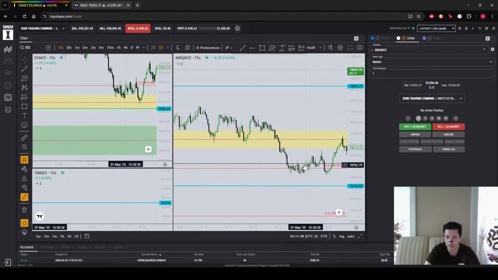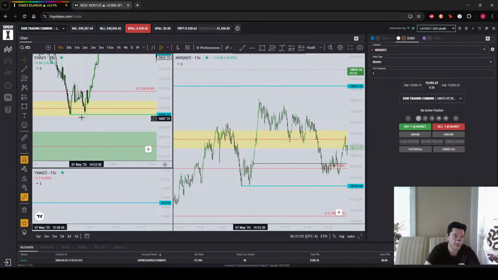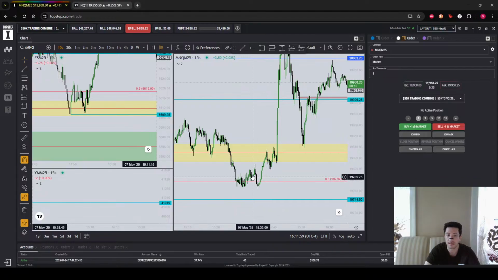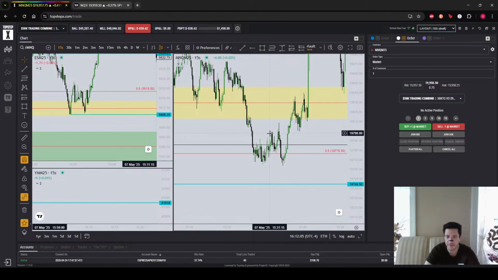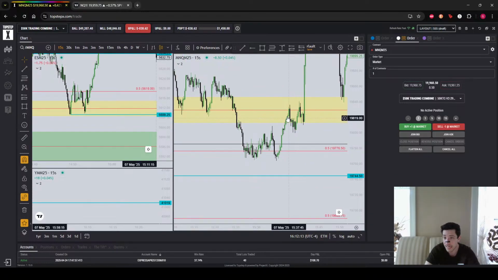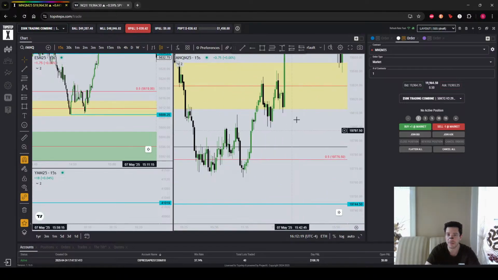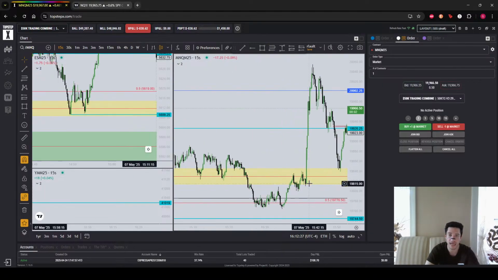So I'm getting short in Q a whole bunch here, looking for, okay, obviously it wants to take these lows, and if it wants to go higher, then fine, it can go higher. But it just stops me out a bunch, first stop out here, second stop out somewhere over here. Tried getting short again in here, crushed. Tried getting short again over here. Knew that I was in trouble once it wasn't moving into this BPR and just creating these equals. That's on me. That was a signature that I saw that I should have moved the stop. I didn't. Got crushed. And then it just kind of took off, and it was an absolute algo long.